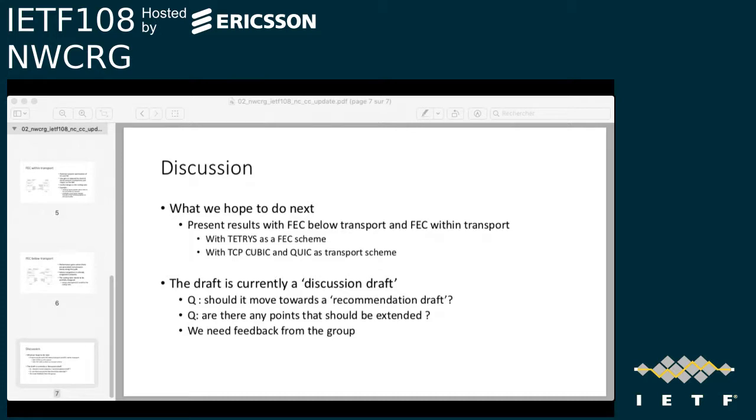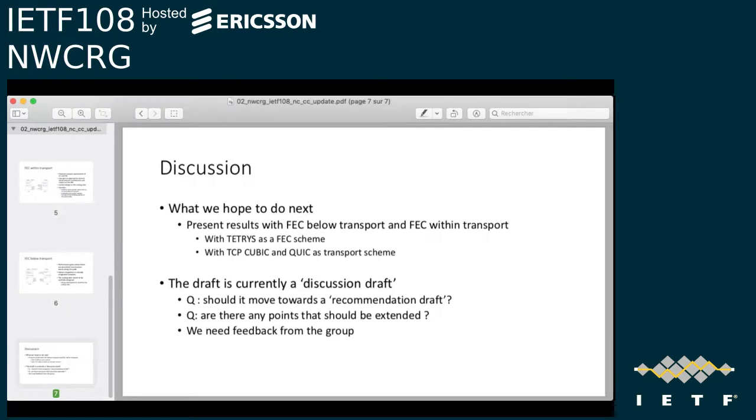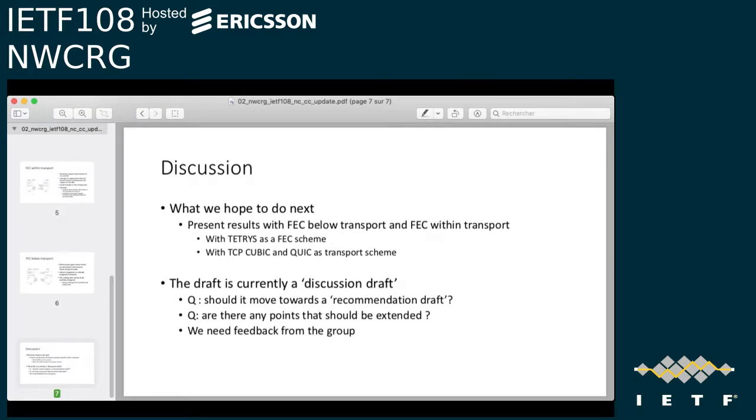Otherwise, I have a question. In the conclusion, you say the draft is currently a discussion draft. If we stay with this goal to discuss the requirements, the problems, the potential families of solutions, without going further as a recommendation draft, so being close to what we've done so far,